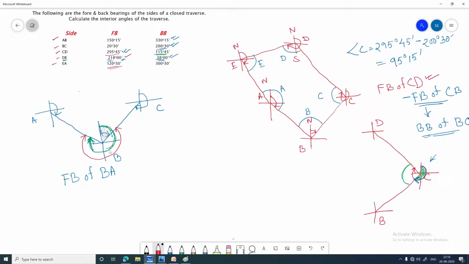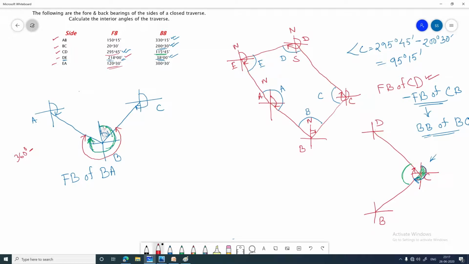Now if I get the value of this exterior portion, we subtract that value from 360 degree, because we know that the total circle is 360 degree. So we just subtract this red marked angle from 360 degree, and we can get the interior angle. In some cases we need to subtract from 360 degree, because we are getting the exterior angle here, not the interior one. In case of C and D, we directly got the interior angle, right? But here we got the exterior angle.